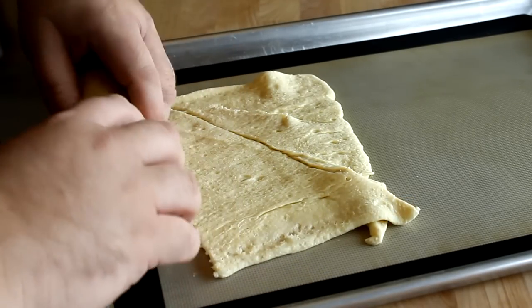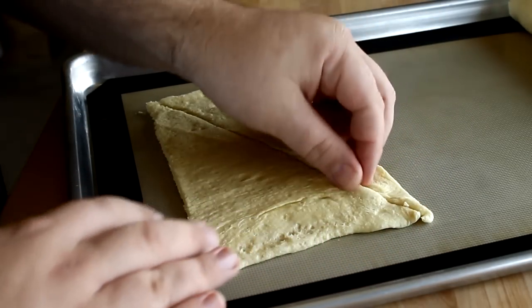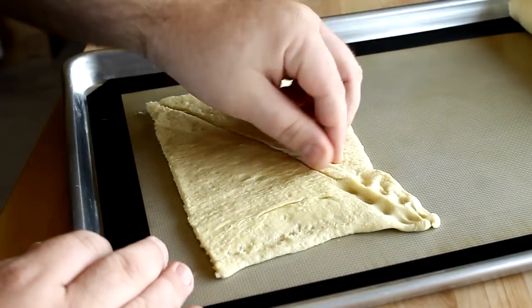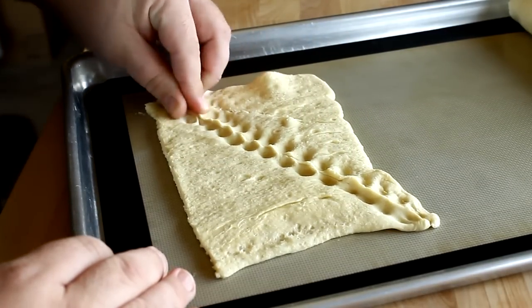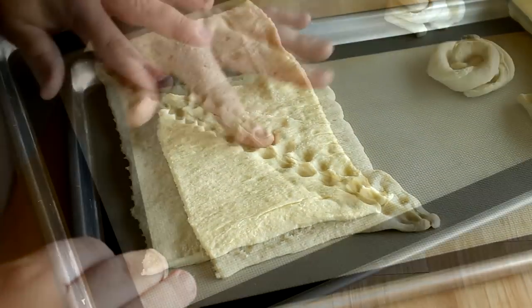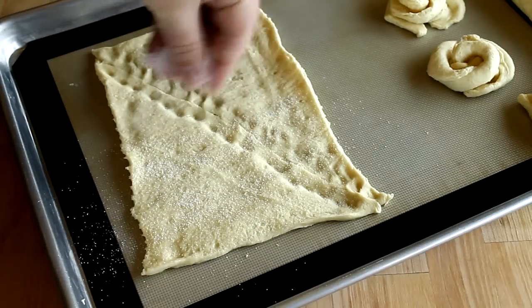Now I'm just going to work with a few triangles here. Now everybody knows that with crescent rolls, you take a triangle, you roll it up. Kind of a makeshift croissant, if you will. But I'm not going to be using the triangles. I want this in a rectangular shape because I'm going to be cutting these into strips. I'm just going to go ahead and pinch that seam, and then before I cut this into strips,